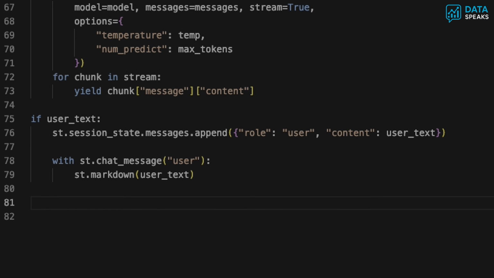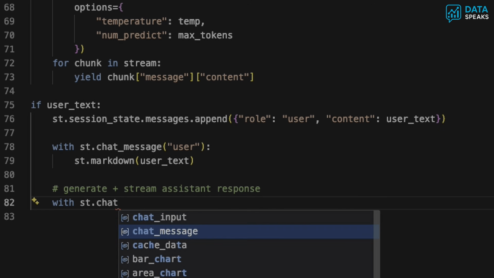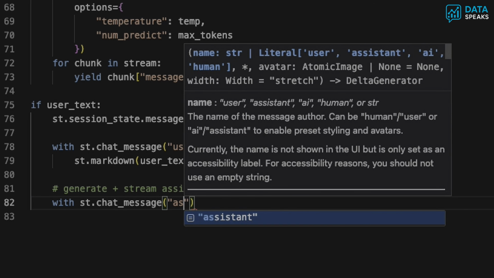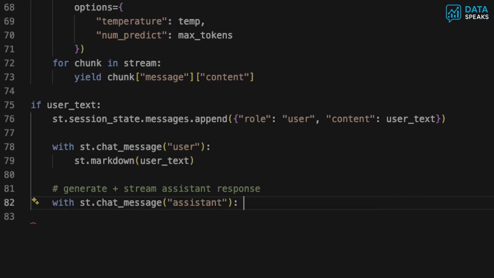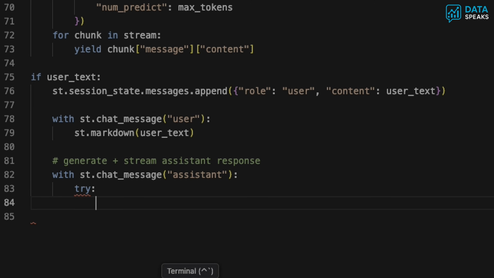The next thing is going to be generating the response in the stream of the AI assistant's response. So I will generate and stream the assistant's response. To do that, with st.chat_message, I will say assistant. That's going to be the assistant's response. I will simply say try. If there is no error, no problem. So try with the response_text equals